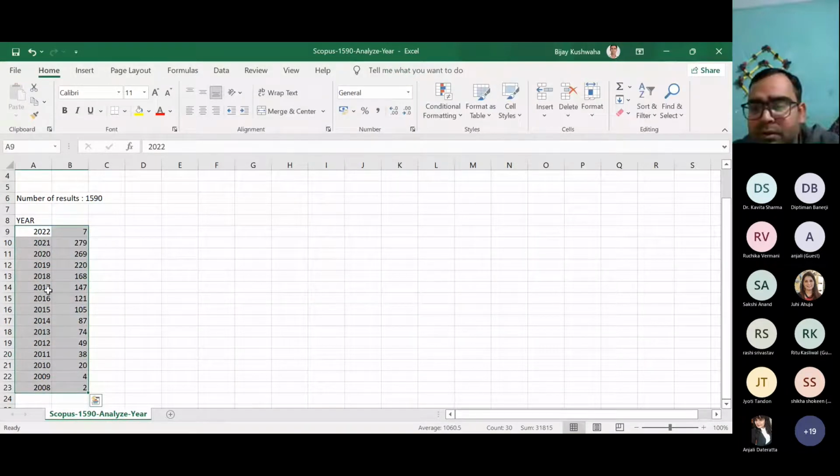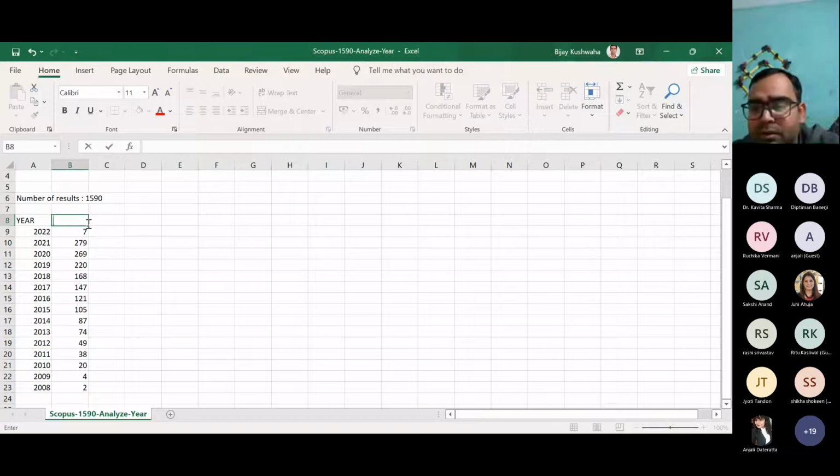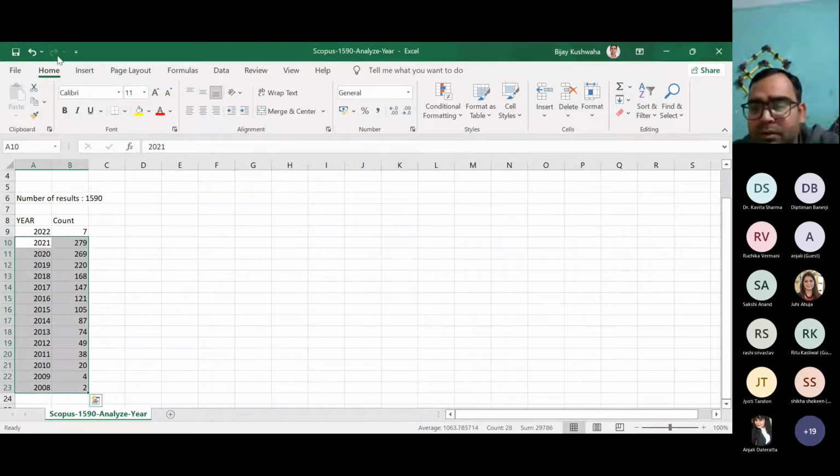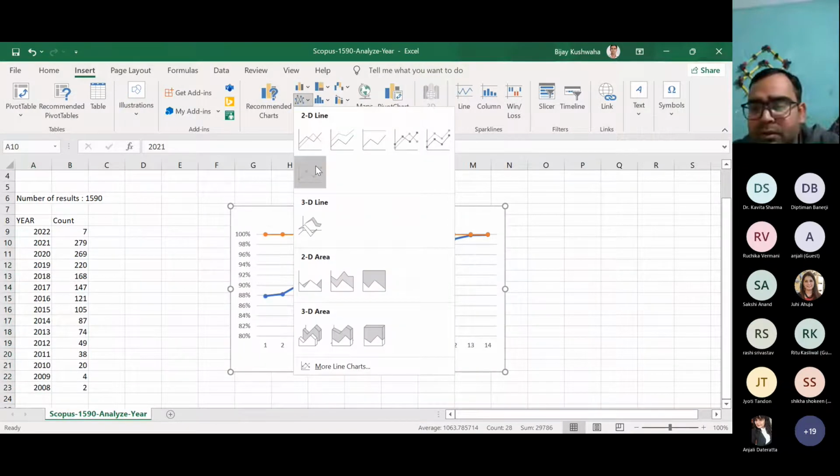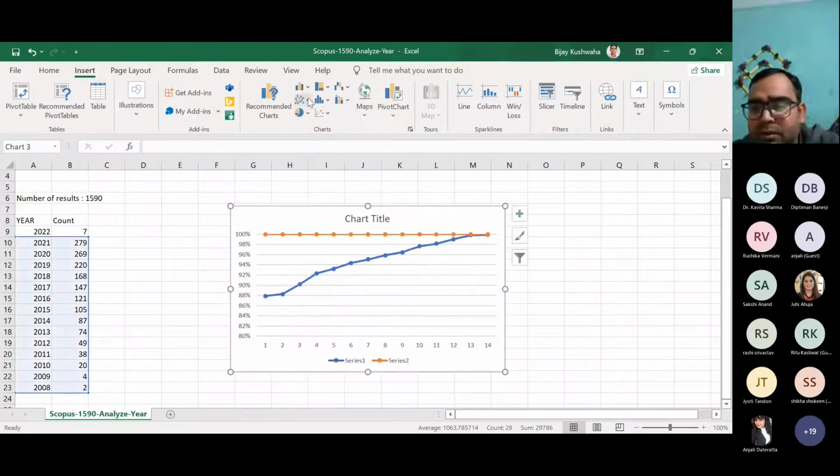Let me just take from here, and this has to be the document count. Select it. Maybe 2022 we can leave because it has not yet started. Insert, then go to the line, and like this you can create the diagram.